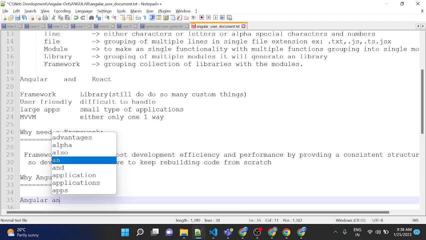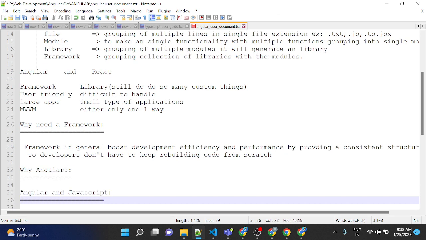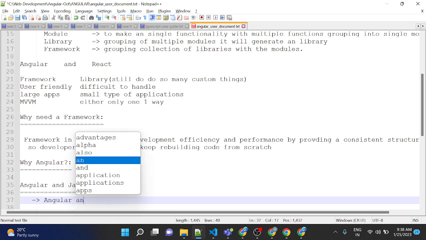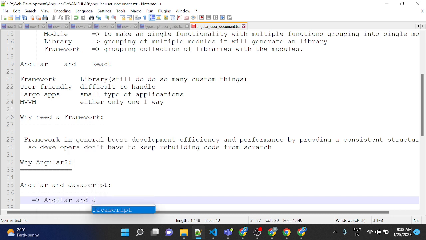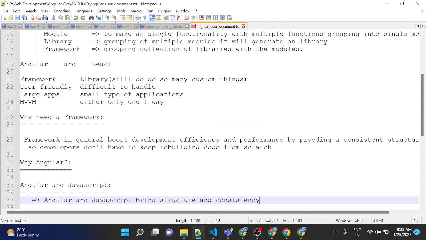Here, Angular and JavaScript bring structure and consistency to web application development,